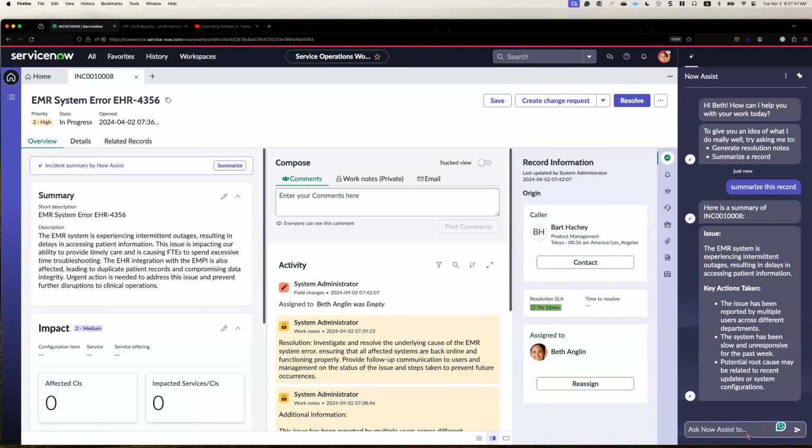And one thing you might notice is that I just said summarize this record. So the analysis panel is actually pretty clever in that it takes the context of the page that you're looking at and brings that in to generate a summary or generate resolution notes or any of those things that you can do. So one thing that I do want to emphasize is you can actually interact with that response even further. So you can ask, hey, can you